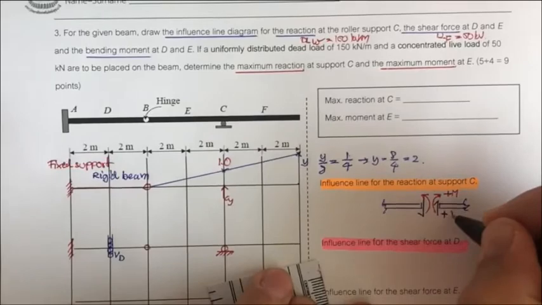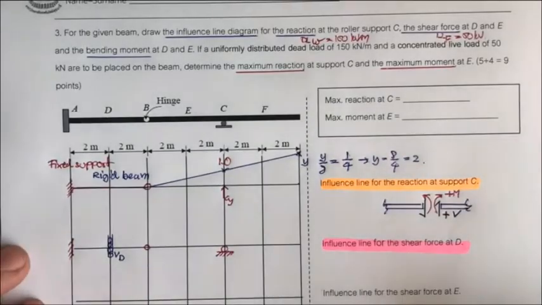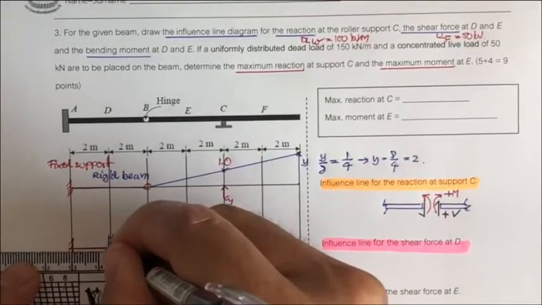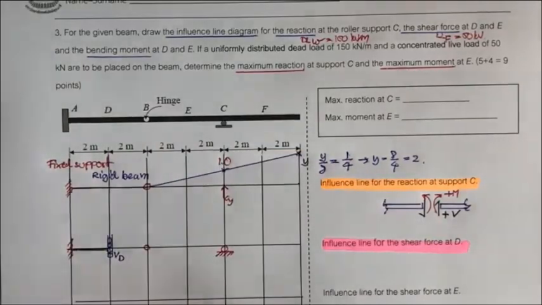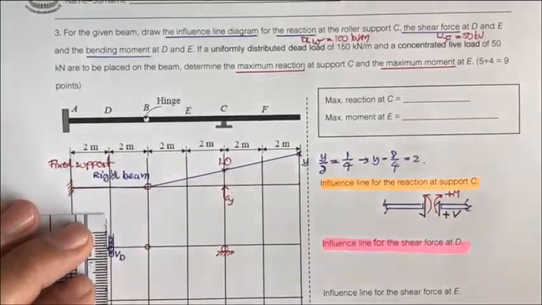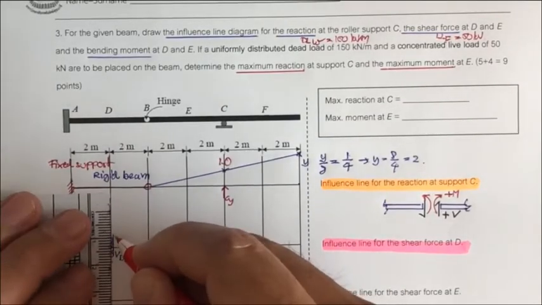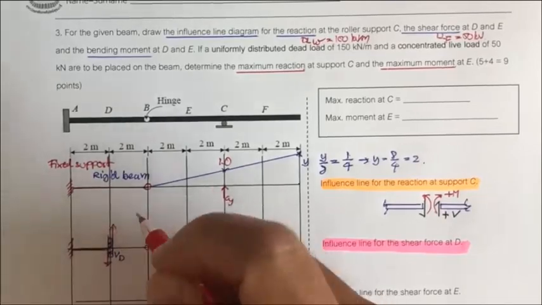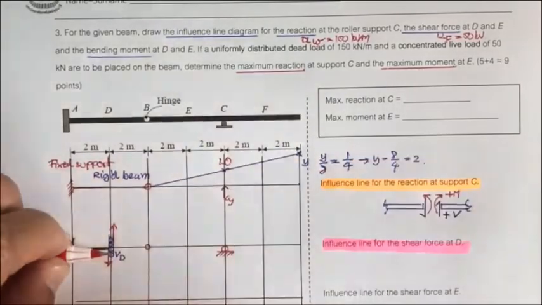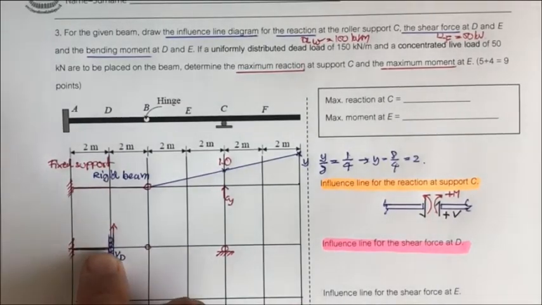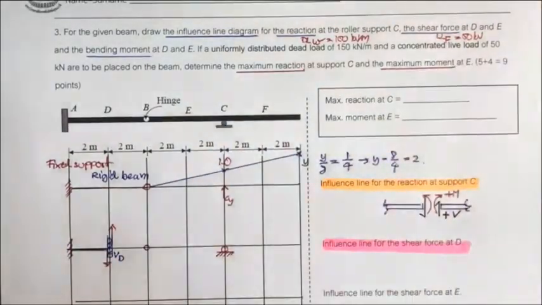This is the sign convention of positive V and positive M. This portion is fixed to the wall. If you put the V sub D down here, there is no movement of this portion because it is very stiff. And then if this one won't move, this one is going to move